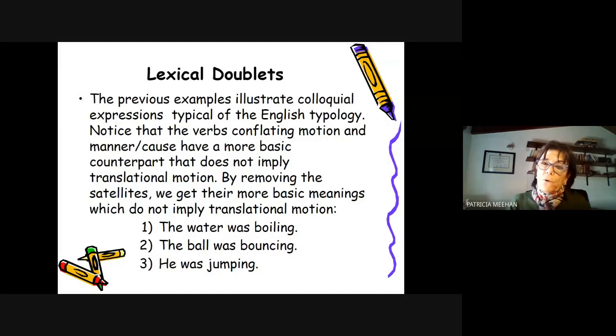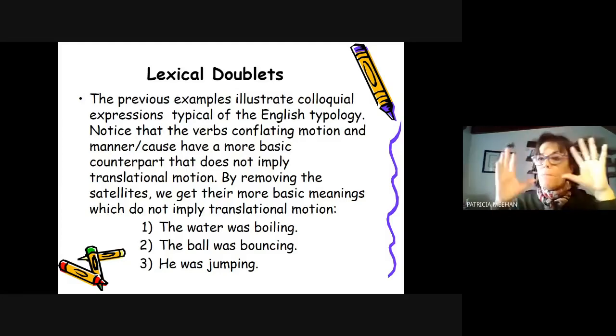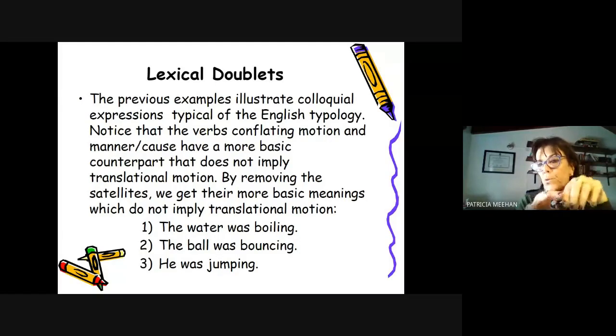But if you say that, and there's a video that I will see if we can share the link in our virtual classroom so that you can meet Leonard Talmy in a very short video explaining his theory, and he does it with the verb float. And he spoke about a boat floated into a cave. Float is a very paradigmatic verb to explain a lexical doublet, because you can speak of a plant floating on a pond without moving, without going from one place to another. And then you can say that a boat floated in or out of a cave. And that is an instance of a lexical doublet,